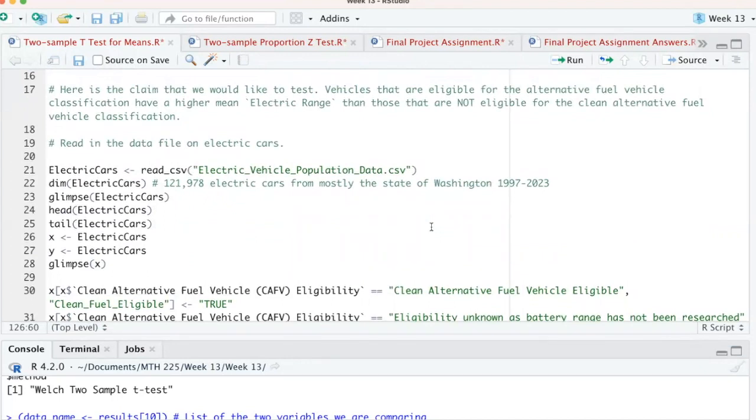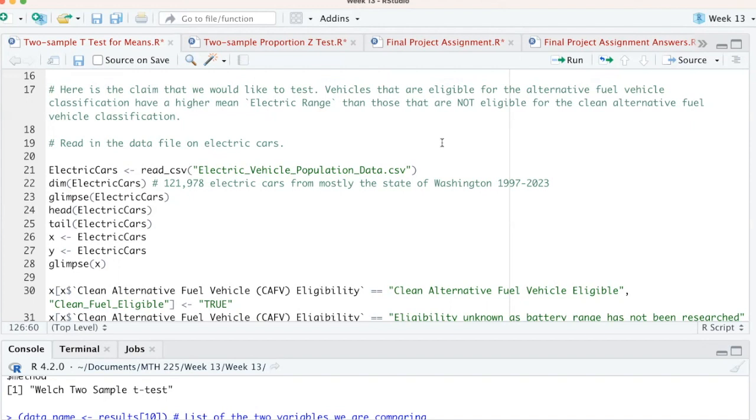today is in this electric cars data set. So there are 122,000 different electric vehicles. Some of them receive this eligibility because their battery charges can last several hundred miles. And the government will give a tax return to those electric cars that have a battery life that is long. So for example, they would give the eligibility rating to cars that are strictly run by the battery, the battery electric vehicles,